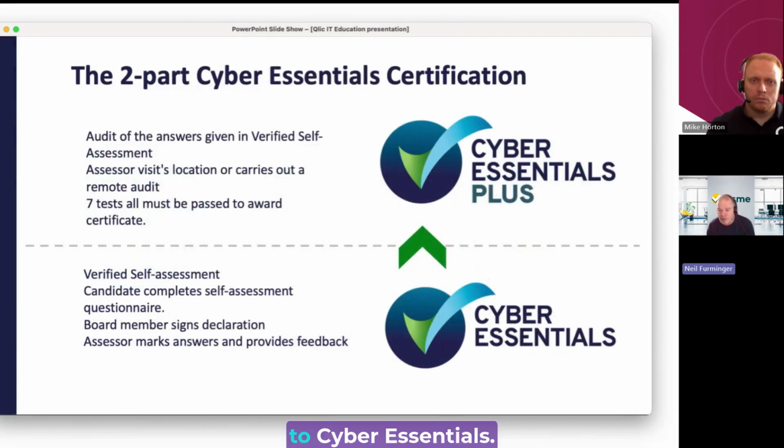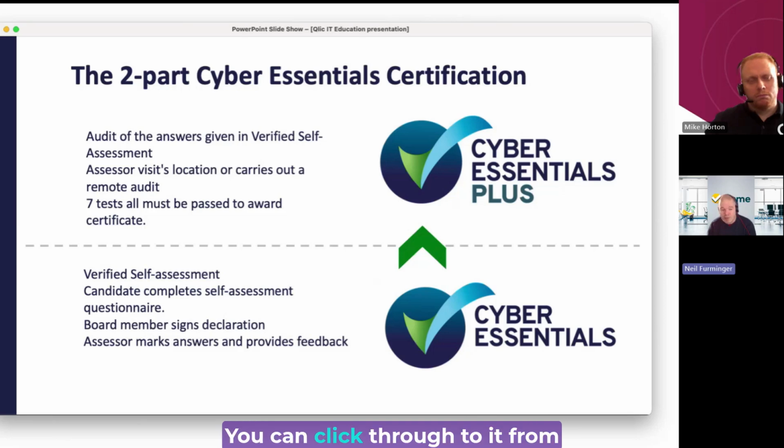So there are two parts to Cyber Essentials. The first part is a verified self-assessment. You fill out a questionnaire about your IT services and how you have applied the controls I've outlined. That is freely available from the IASME website. You can click through to it from the NCSC site as well, and it'll come through to our website. You can freely download the question set and have a go yourself and see where you are at the